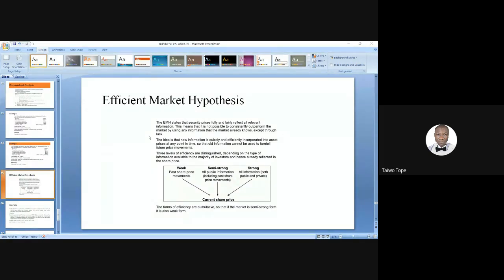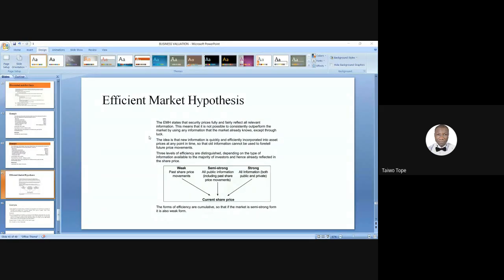I remember while I was writing, this question came up in the Pathfinder. If you check the SFM Pathfinder, just type efficient market hypothesis. You'll see where it's being tested and asked. So you can lay your hands on the SFM Pathfinder, the soft copy. Just do a search and see how the question is being asked. So it's not a big deal. They just ask to explain the efficient market hypothesis. And what you have to do is just to explain the three forms of efficient market hypothesis. That is what the examiner wants you to do at that point.